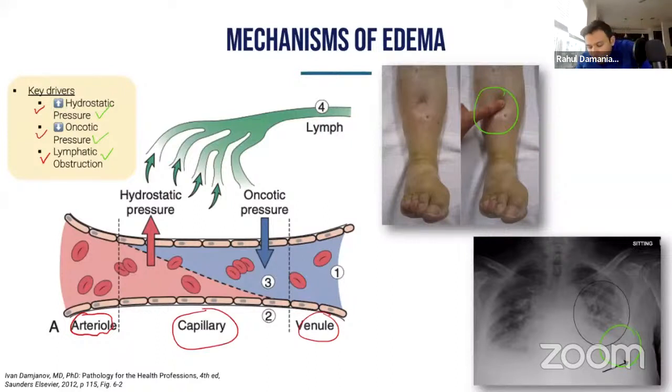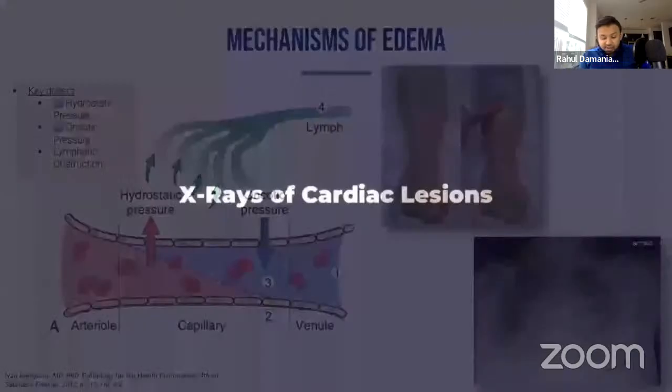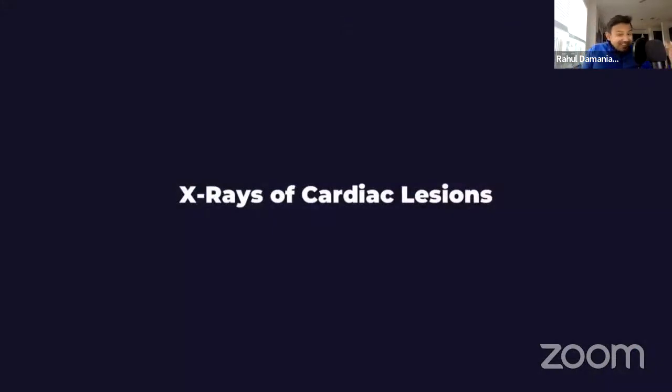And so what we have to recognize here is that when it comes to recognizing pleural effusions, you want to look at that costophrenic angle where the diaphragm and the base of the lungs meet. If there is a hazy opacity there, you're likely dealing with some fluid right at that area. And so typically patients who have left heart failure are going to have bilateral pleural effusions on your chest x-ray.